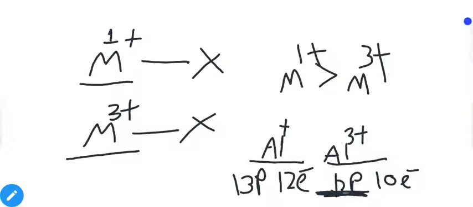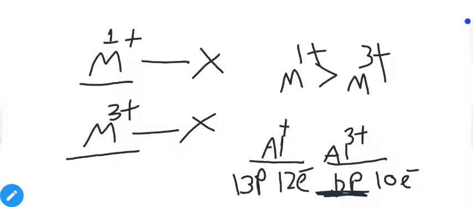Now keep in mind, oxidation state and electropositivity are two different things. Oxidation state means the difference of electrons and protons, whereas metallic character or electropositivity relates to the tendency to attract electrons. Electropositivity means less tendency to attract electrons, and electronegativity means more tendency to attract electrons. So if we have more protons, it will attract electrons strongly.